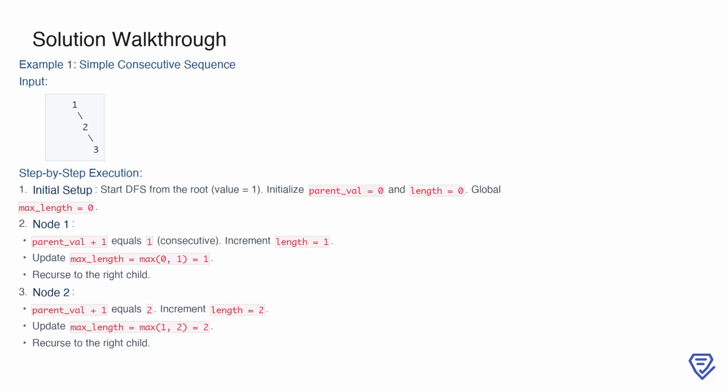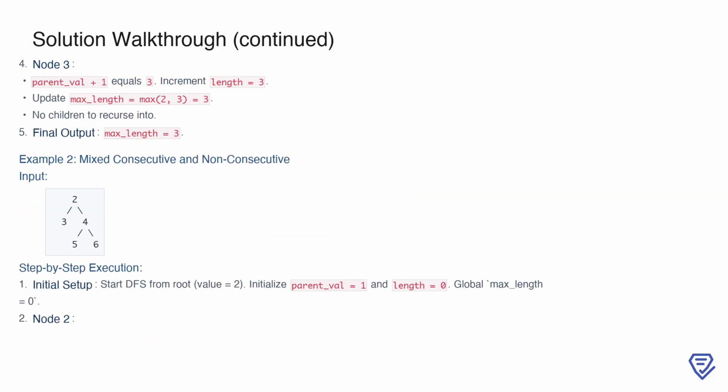We then proceed to the right child, node 2. At node 2, the condition parent_val plus 1 equals the node's value, which is 2, holds true, so we increment the length to 2. We then update max_length to the maximum of its current value, 1, and the new length, which becomes max_length equals 2. Next, we recurse into node 2's right child, node 3. Here, the condition parent_val plus 1 equals the node's value, 3, is also satisfied, so length increases to 3. We update max_length again, which becomes max_length equals 3. Since node 3 has no children, the traversal ends for this path,